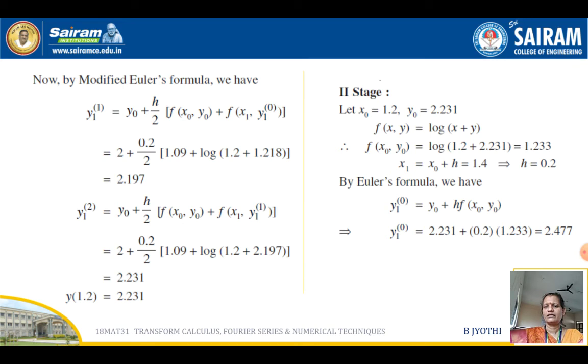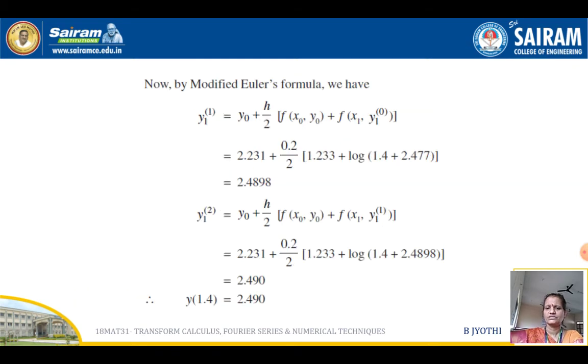Next, by using the modified Euler's formula, y1 of 1 is given by y naught plus h by 2 into f of x naught y naught plus f of x1 y1 of 0. And we have computed y1 of 0 already, so that will be substituted. So y naught is 2 and h is 0.2, so 0.2 by 2 into f of x naught y naught is 1.09 plus log of 1.2 plus 1.218, which is computed previously. This on simplification we get